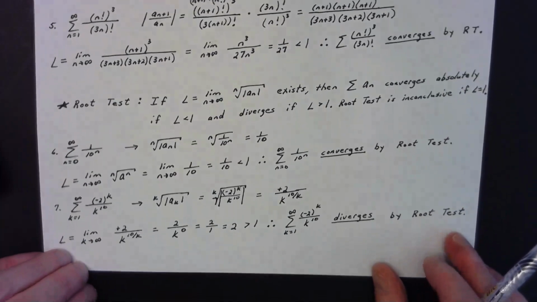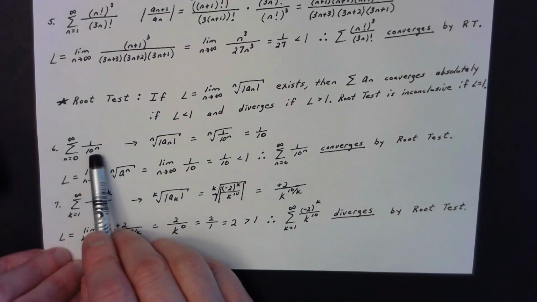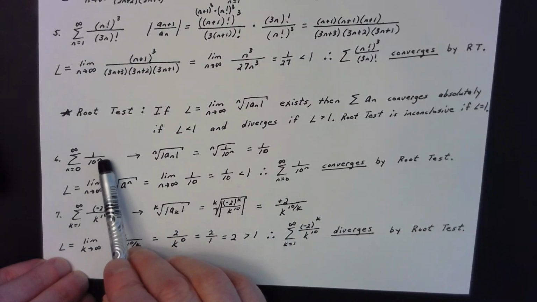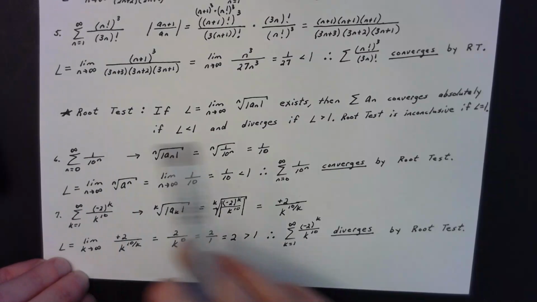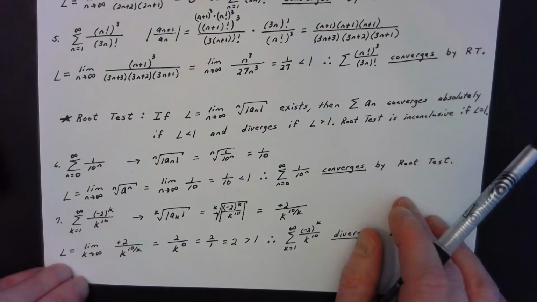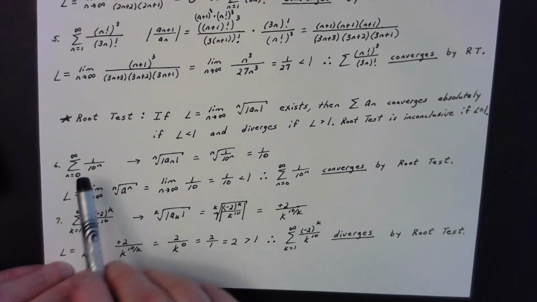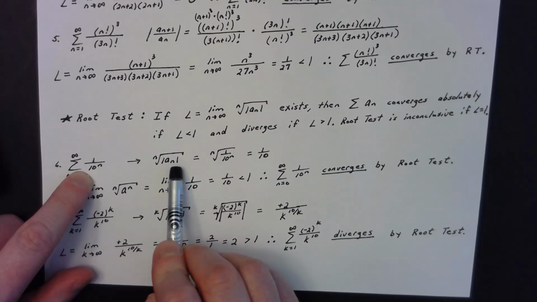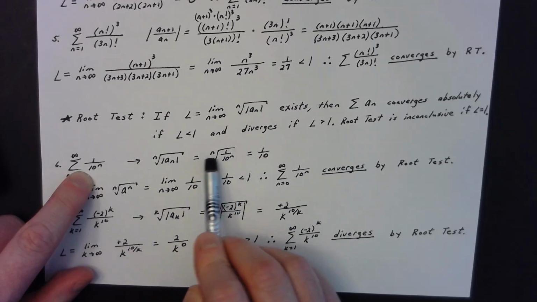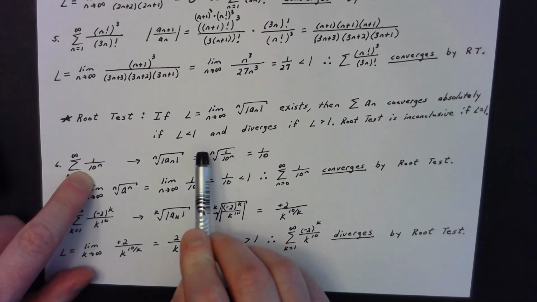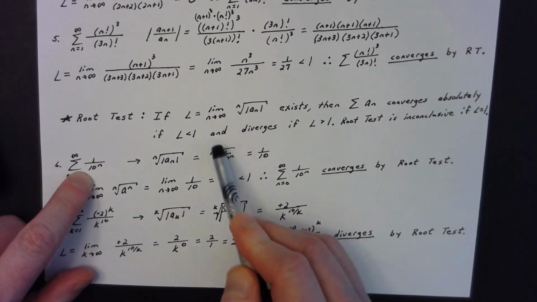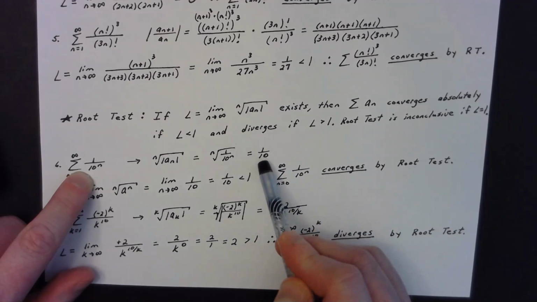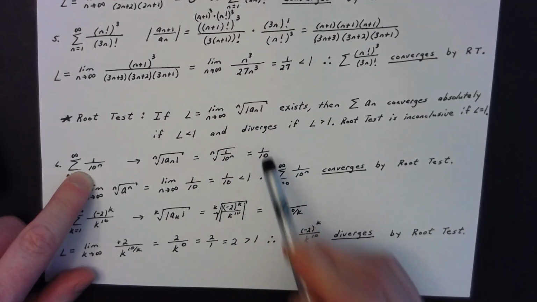So now, looking at a couple of examples with the root test here, if I look at the series of 1 over 10 to the n, from the very beginning I would think it converges because that numerator is small and that denominator gets large quickly. Should converge. Well, let's see. I do the nth root of the absolute value of the a sub nth term. Well, that's just the nth root of 1 over 10 to the n, and I know that if the nth root and the nth power just cancel each other out, it'd be 1 over 10 to the n over n power, which is just going to be 1/10. So that cancels out and gives you 1/10.